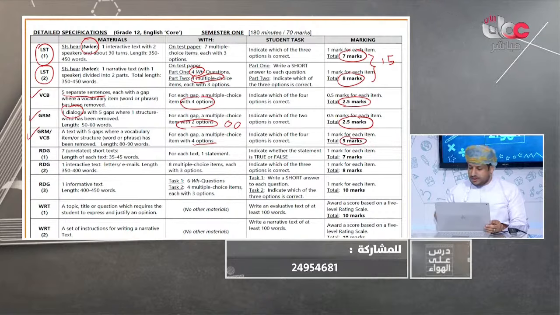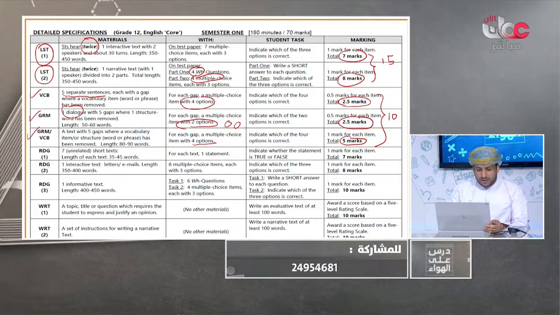If you just notice on the screen, the total marks for all the grammar and vocabulary questions will be 10 marks. I would like to draw your attention to the marks here, and don't spend too much time choosing the correct option. If you don't know, just skip and go to the next question.